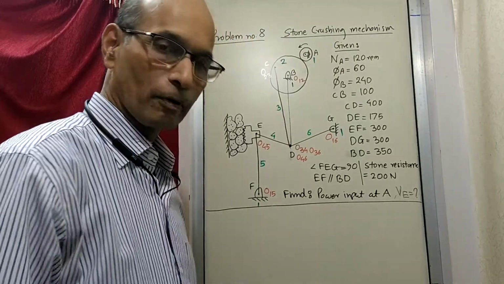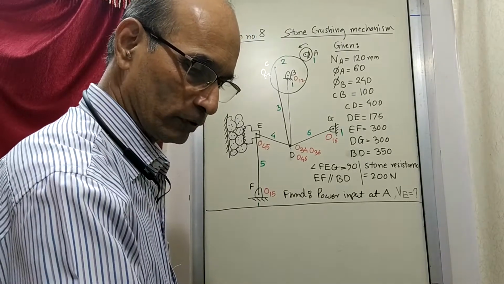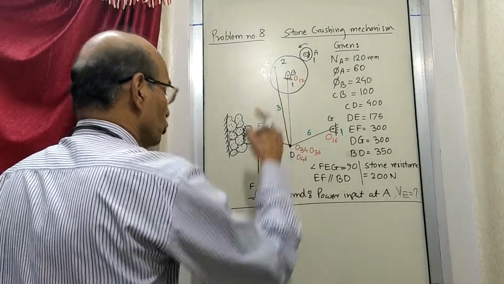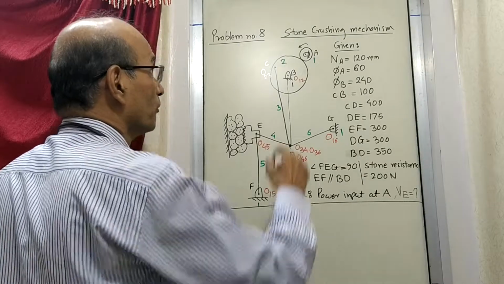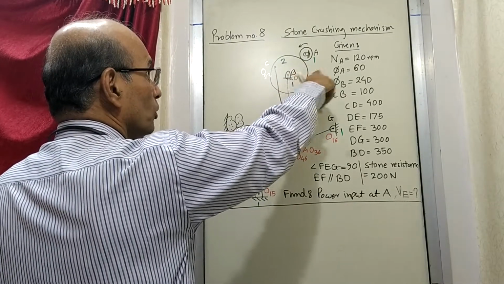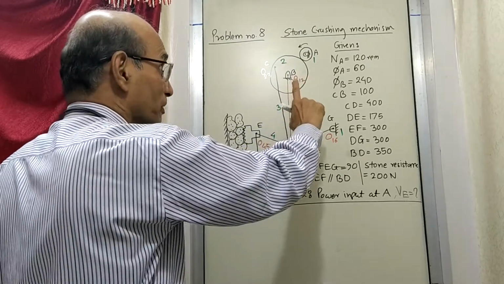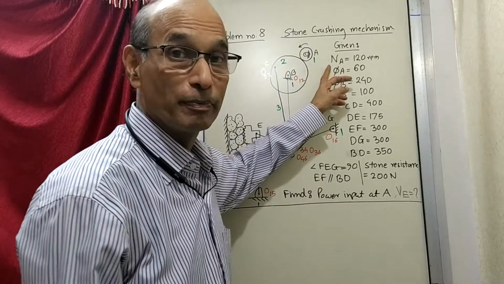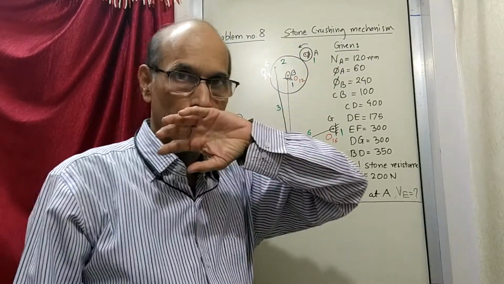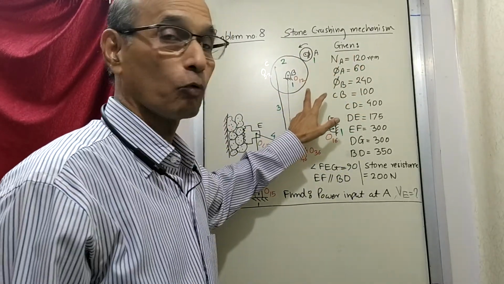Now we'll start solving the problem, and anything which you want to know, that you can find out as it requires. So we'll start with link number 2. But before we do that, we want to know the angular velocity omega 2, which is not given here. So there is one more difference in this problem. We are given the speed RPM of A, and we are given the diameters. So by diameter ratio, you can find out what is the speed of B.